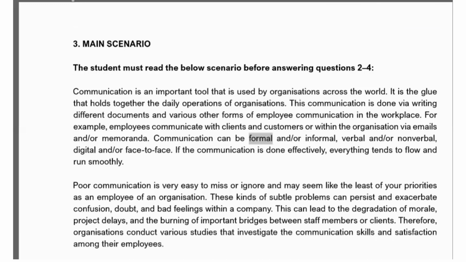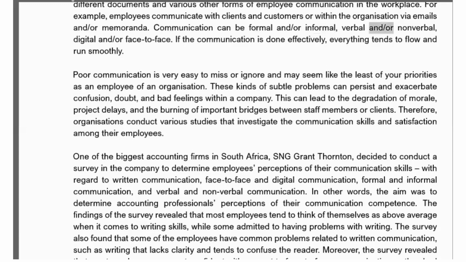Communication can be formal and/or informal, verbal and/or nonverbal, digital and/or face-to-face. If the communication is done effectively, everything tends to flow and run smoothly. Poor communication is very easy to miss or ignore and may seem like the least of your priorities as an employee of an organization. These kinds of subtle problems can persist and exacerbate confusion, doubt, and bad feelings within a company. This can lead to the degradation of morale, project delays, and the burning of important bridges between staff members